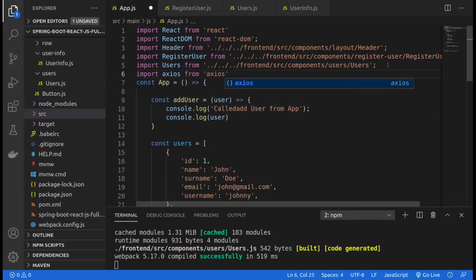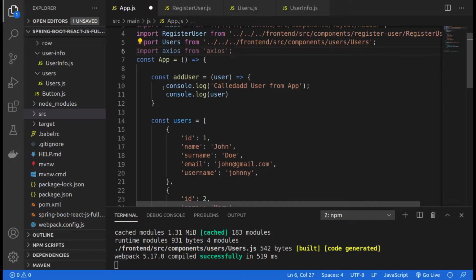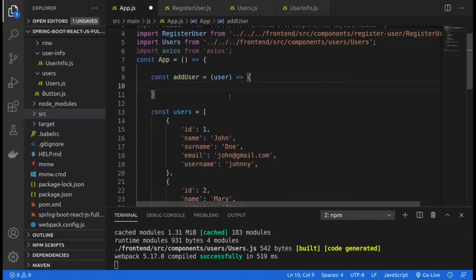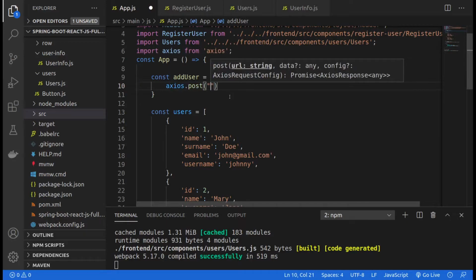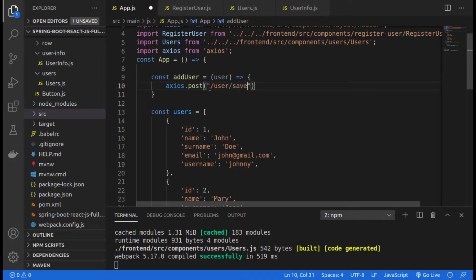Axios. Once you've brought in Axios, we're going to use it for all our API requests. So let me just remove this. When we're adding a user, we're simply going to say Axios dot post. The endpoint that we had put is going to be user/save, because if you still remember from our API that we created using Spring Boot,